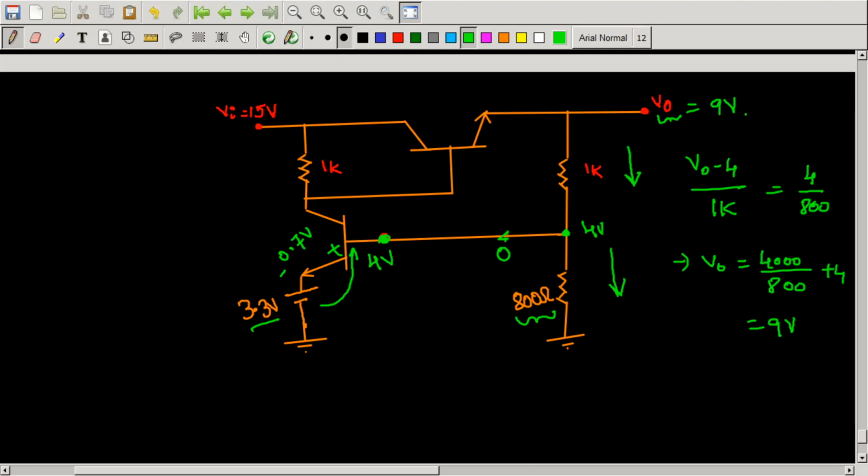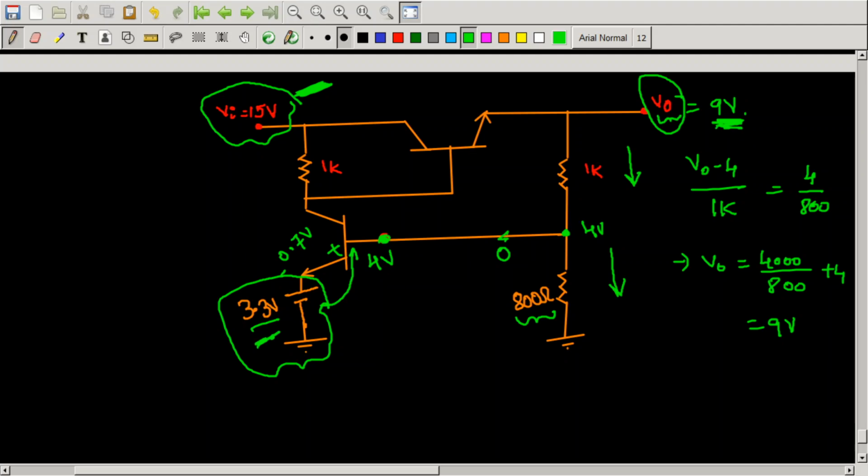That's fine. But can you notice something here? In your calculation of V0, you never encountered the input. The only value encountered is this zener voltage plus 3.3 volts. In that way we are able to have the regulated voltage at the output. Even though your input is unregulated, the output is regulated because of the presence of this zener. This zener acts as a